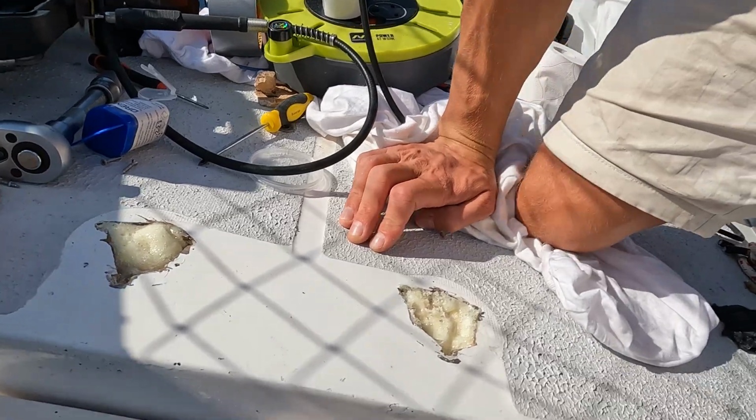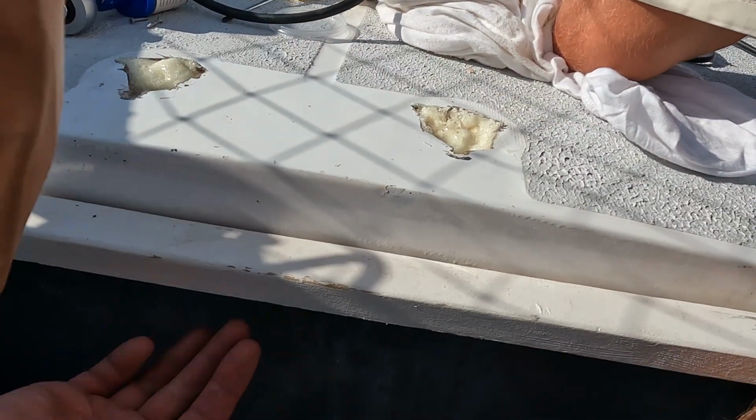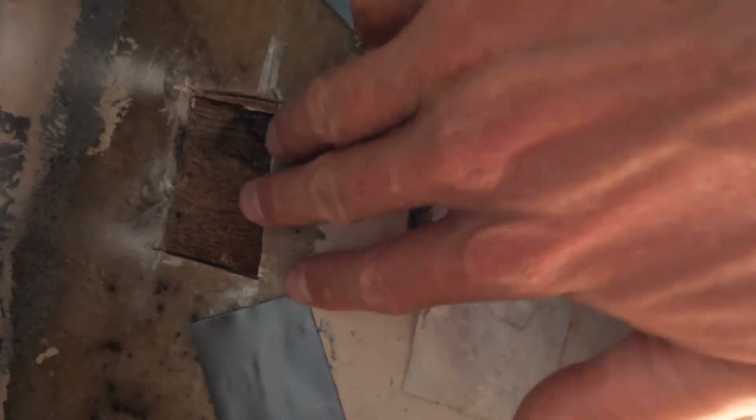What I've also done is, underneath the ankle locker here, I've taken out a piece of skin. So moving down, I've cut out a very small square or rectangle of the fiberglass skin here, and that's just to let the wood breathe from the bottom. What it'll do is allow the wood, the balsa core, to breathe, and so hopefully get rid of